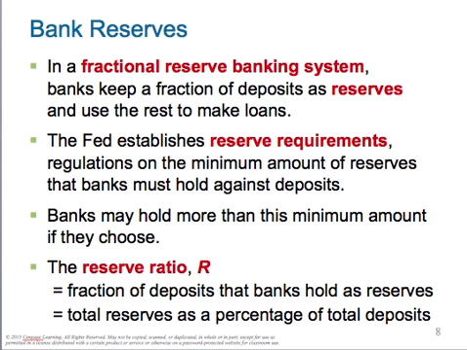But in a fractional reserve banking system, they're required to hold some of those deposits back as reserves. Now, the Fed establishes the reserve requirements, which are regulations on the minimum amount of reserves that banks must hold against deposits: what they need to keep in the vault, what they can't loan out. Banks may hold more than the minimum amount if they choose. Not a lot of them do, because it's loanable funds. If you've got a good loan you can get a return on, you send it out. But you are required to have a certain